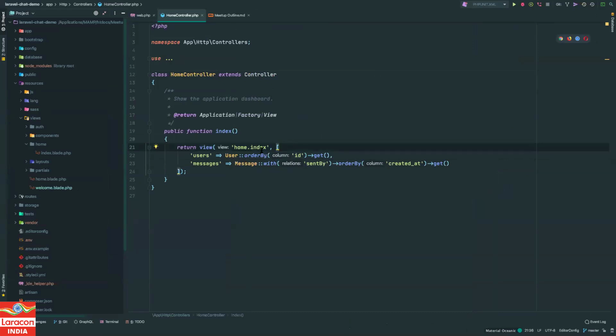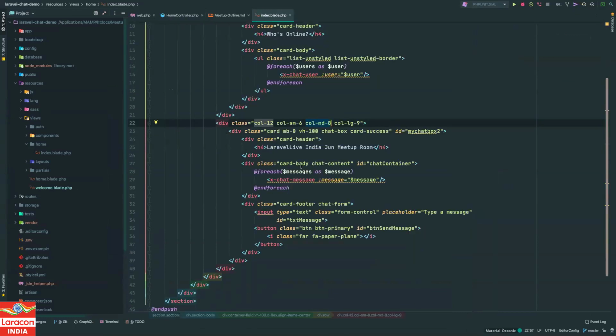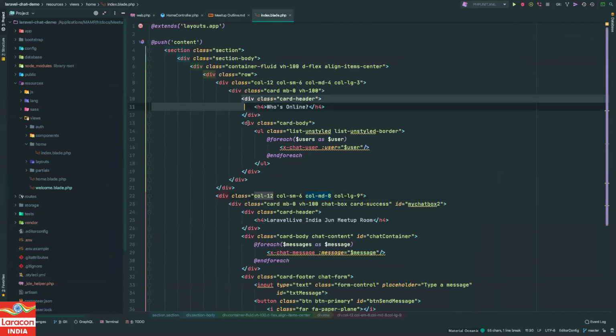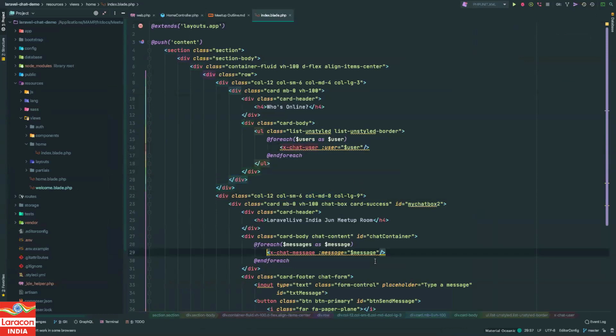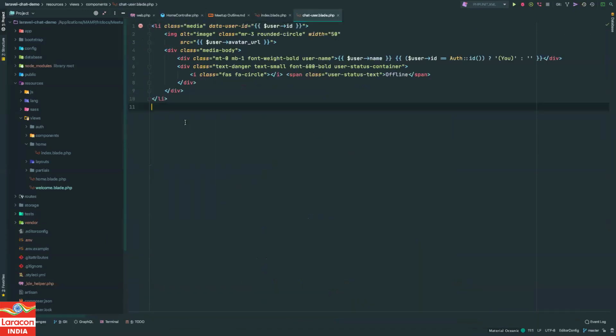Now if we go to index.blade.php, it is rendering all the users. I have made some components, like a chat user and chat message component. What we are doing is running a loop over all users, and for each user we are rendering this component and passing the user there. And if we open the chat user component, then it has this kind of